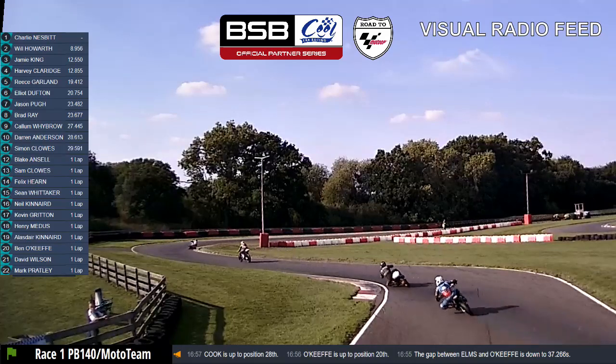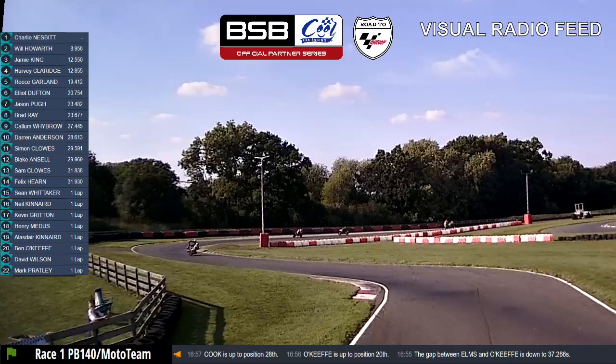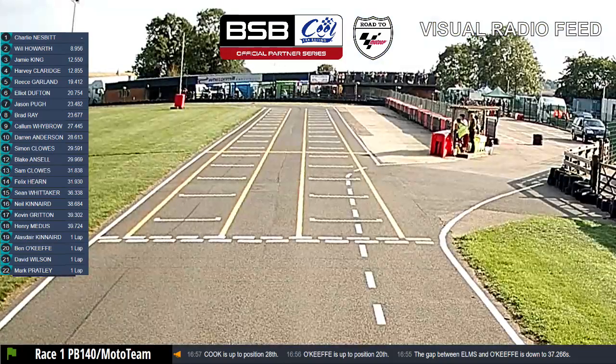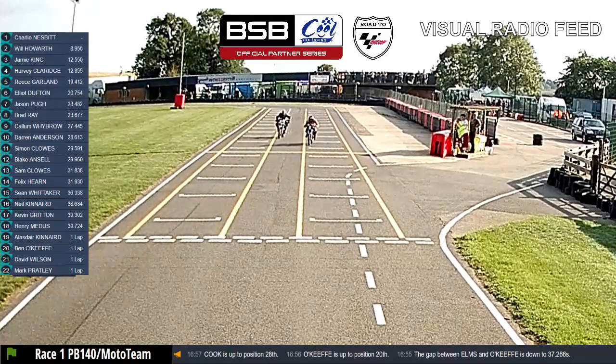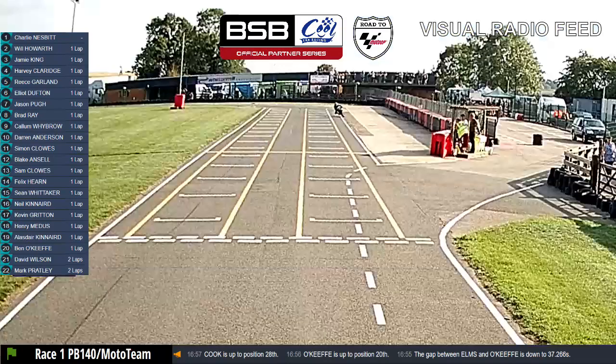Let's mention, whilst we can, Bradley Ray got Jason Pugh ahead, not heard the horn for a while, so I think Brad's actually coming and concentrating at the moment, but Jason Pugh in 8th place, just holding on to the position. Harvey Claridge has just gone into 3rd place ahead of Jamie King, so at the moment Will Howarth in that 3rd place, 3rd place in class for Harvey Claridge in the pit bike 140s,